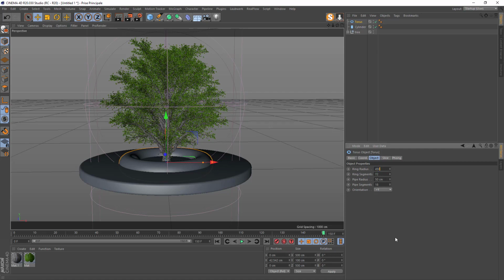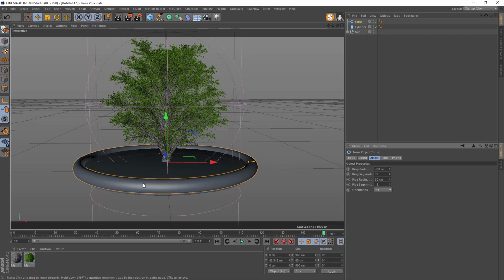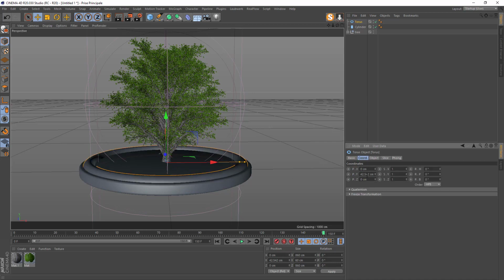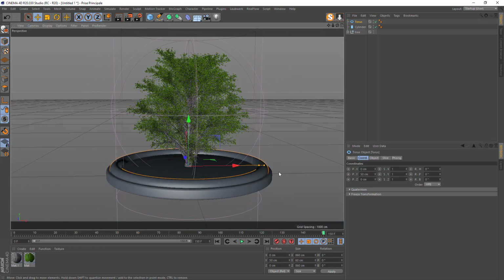Let's say 450, and maybe 30 for the pipe radius, but I will make it smaller, like this one, like that, even smaller, 400. Okay, I think it's okay. And for coordinate, I will put it to 58. So it's there.